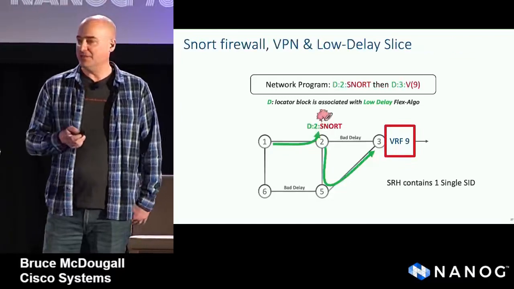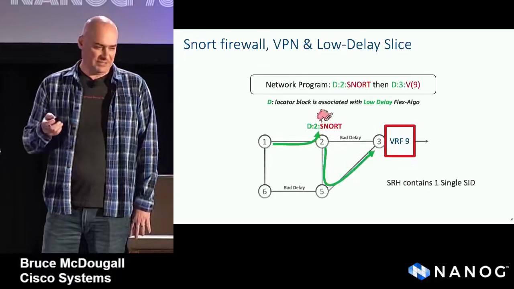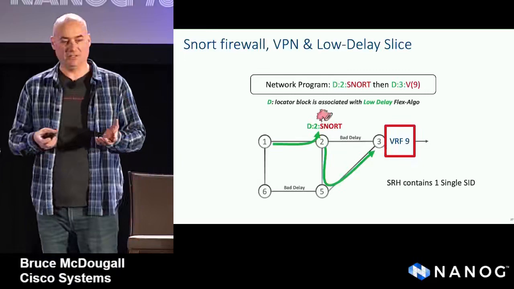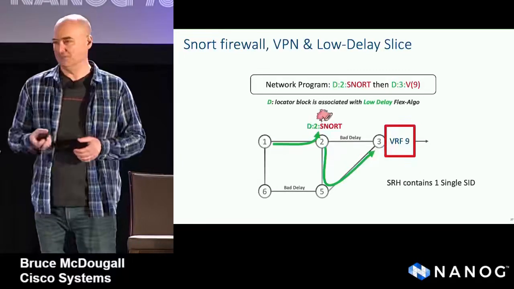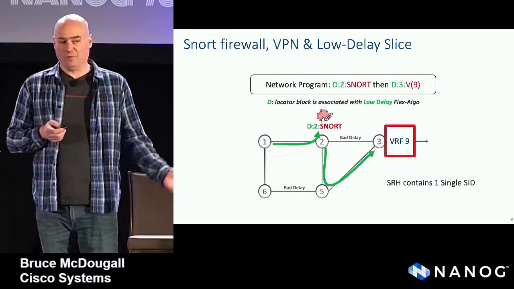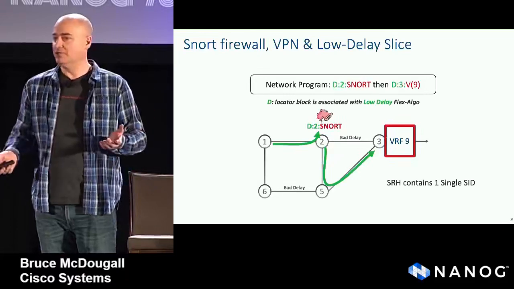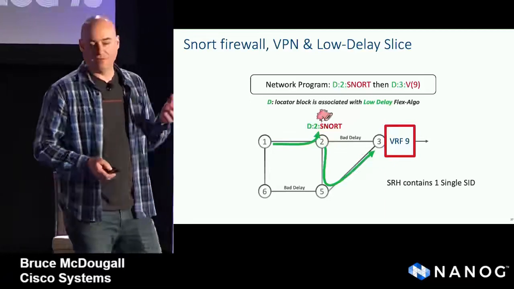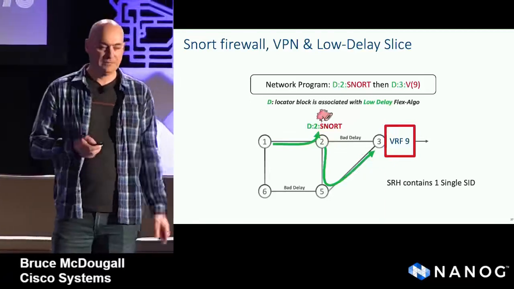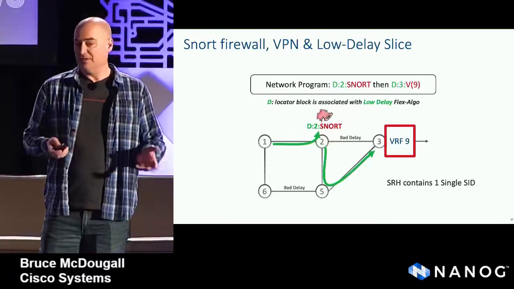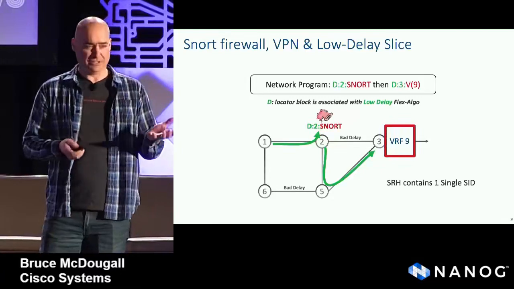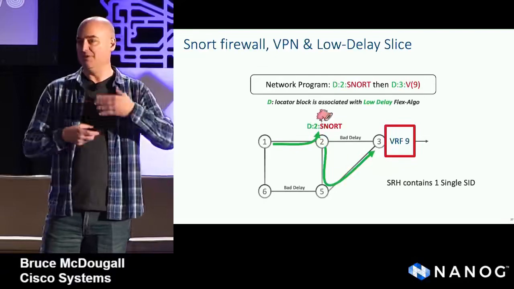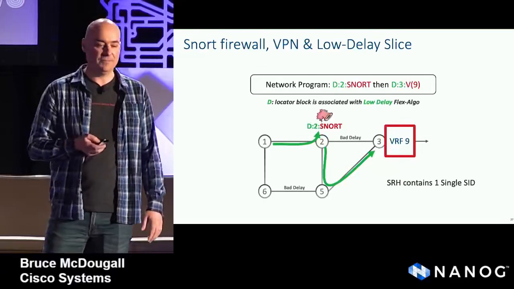And the final use case that we're exploring, consider this, say there's integrated NFV in this path. It's kind of like a service chain essentially, where we've got the same VPN with low delay, but we also want to ship the traffic through some packet inspector or firewall thing somewhere in the middle. So in this case, we have an outer SRv6 header and then an SRH with a single SID, because it's a compound sort of stack here.